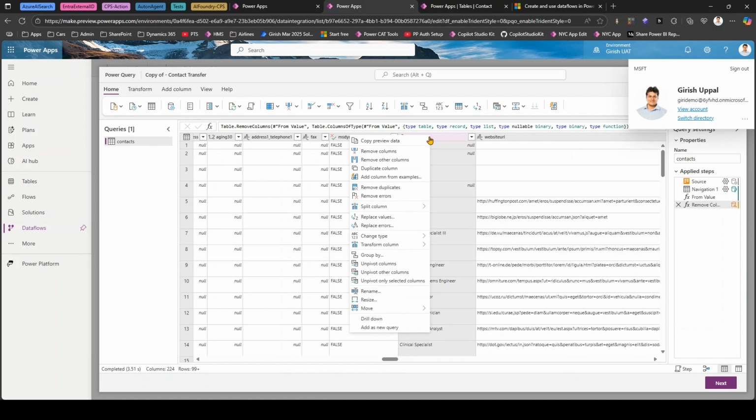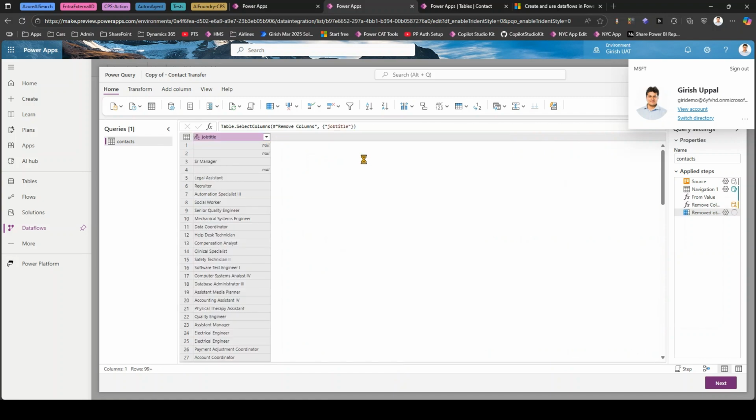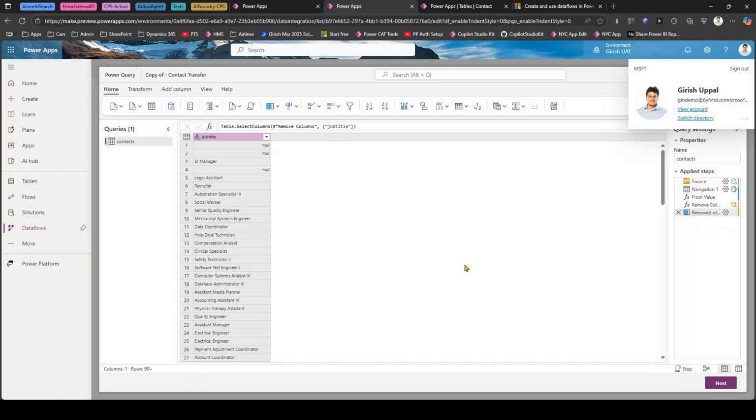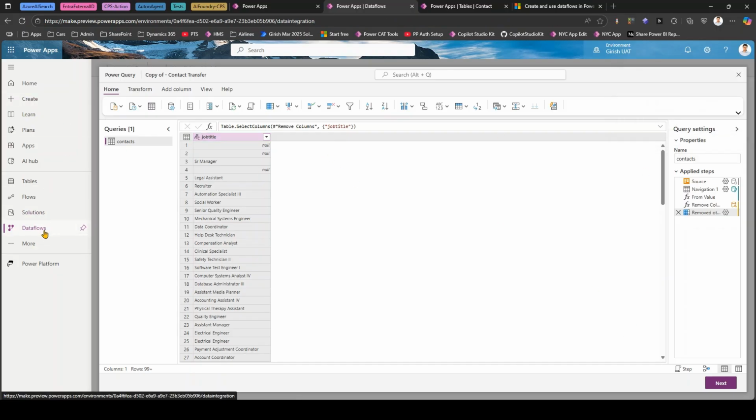I'll just do a right click and say remove other columns. It will remove all the other columns and only keep job title. And I'll say I don't want anything which is of type null. So I have an option to remove duplicates, remove errors. I can split column, I can replace value, I can do a whole bunch of data transformation and then I can perform this operation. So this is how basically you can use the data flow in Microsoft Power Apps to transfer